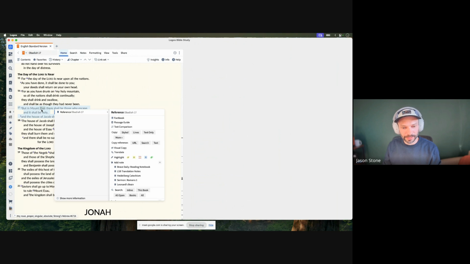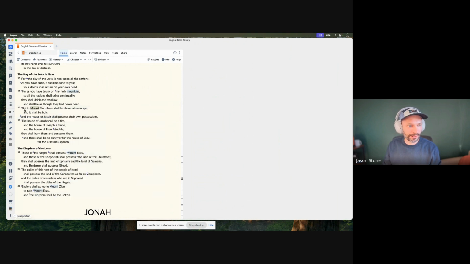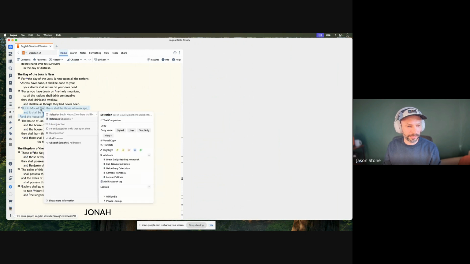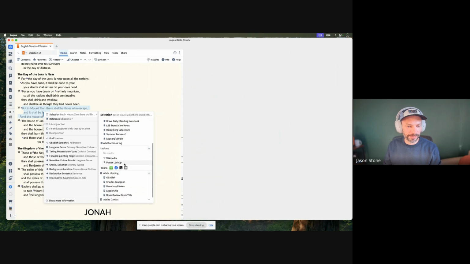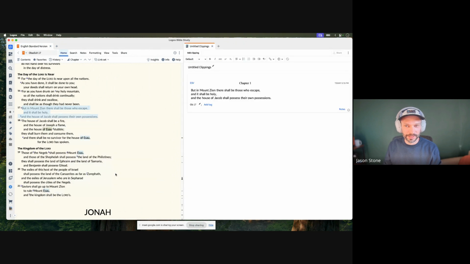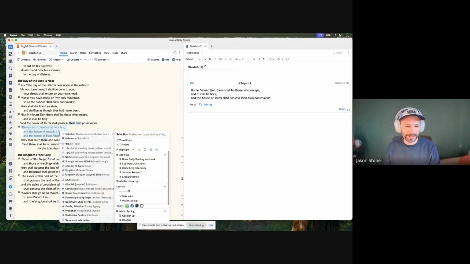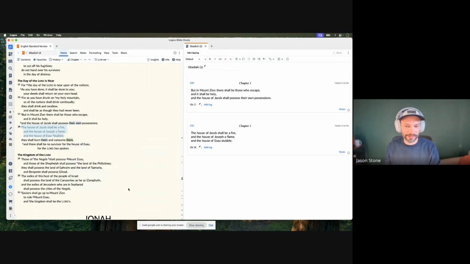So if right now you just wanted to take this sentence and create that clipping that you're so used to doing now, you come over here on the right, you just click add clipping. And so if you were doing a study in Jonah or Obadiah here, and you just wanted to collect a whole bunch of notes that you were doing on your study in Obadiah, then you've got this clipping going.